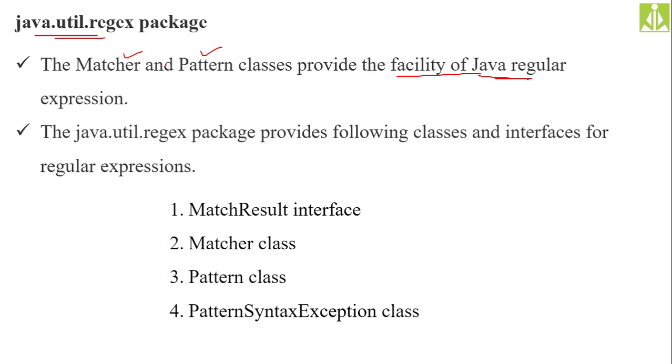Okay, so the following classes and interfaces we have under the Java regex package. The first one is the interface. MatchResult is an interface. There is nothing to discuss about this interface, because it is an interface, it will have only abstractions, isn't it? And what do you gain by learning those abstractions? Nothing. Definitely one class has to implement this interface in order to provide the functionality. But as of now we don't discuss anything under this.